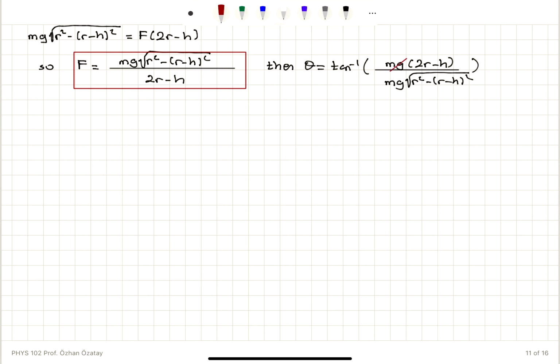These mg's will disappear. So the angle theta with respect to the horizontal axis for R will be tangent inverse